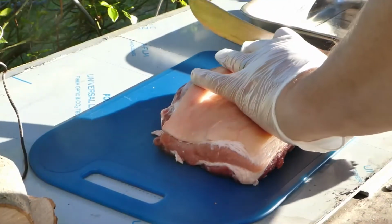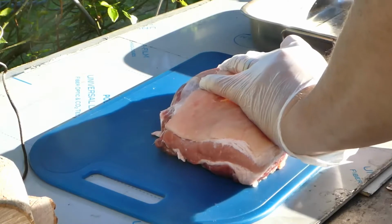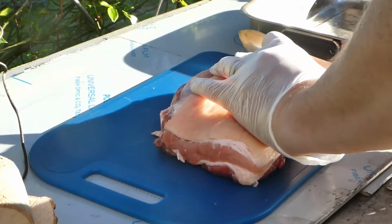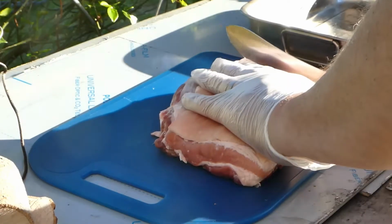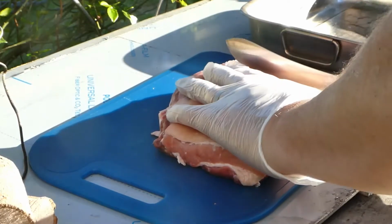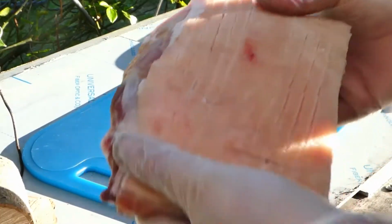So you need a sharp knife for this because you need to go through the crackling, and you want to cut down into the fat, but you don't want to go too far down. I'm making like 1/4 inch squares out of the skin, and there we go. Then